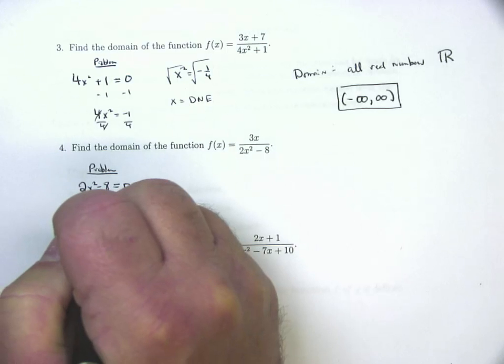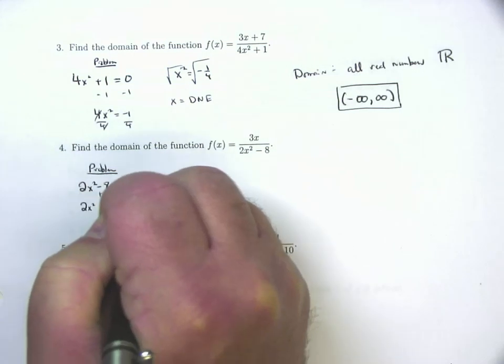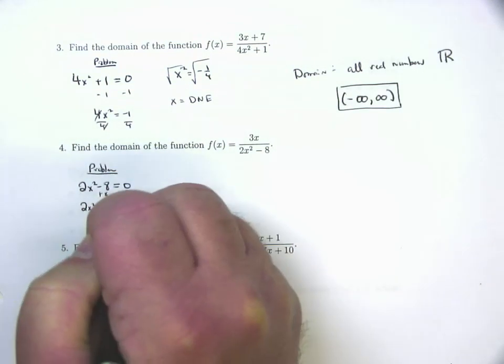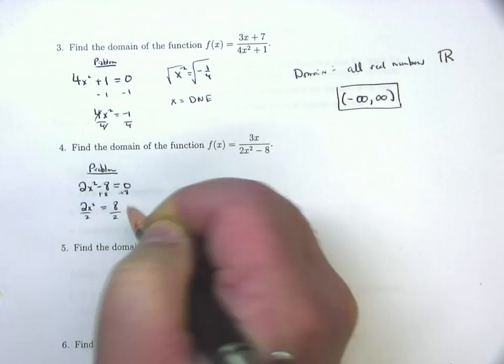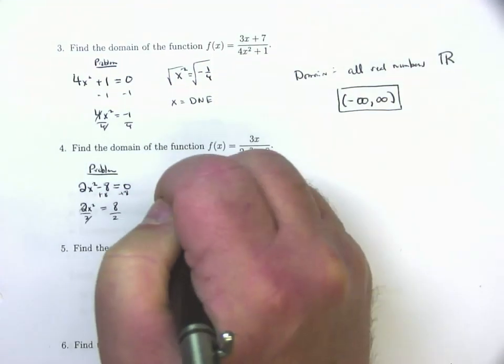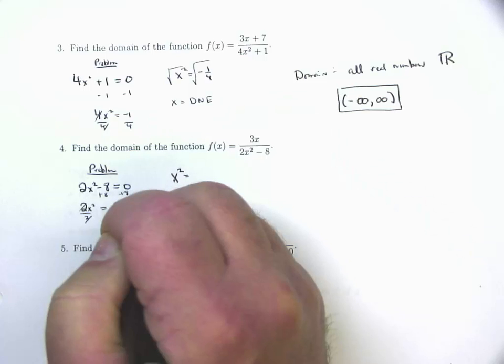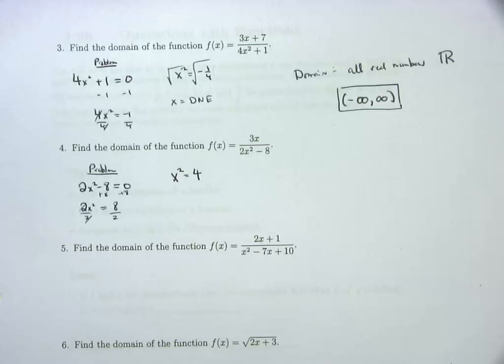So, I've got 2x squared. I'm going to add 8 to both sides. 2x squared equals 8. Then I'm going to divide by 2. And that gives me x squared is equal to 8 divided by 2, which is 4. And this guy's positive. So, now, once again, I got to solve for x. I got an x squared. So what am I going to do? I'm going to take the square root of both sides. However,